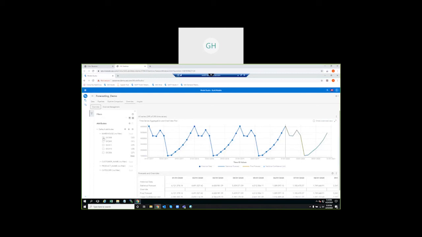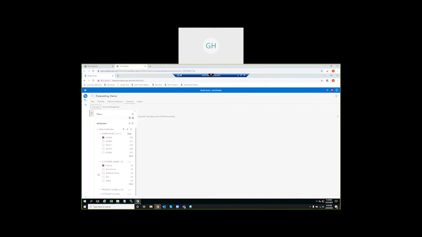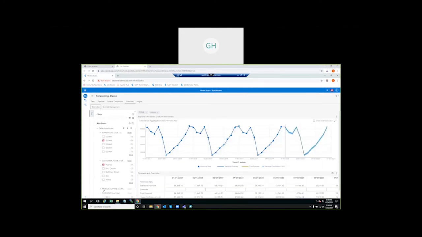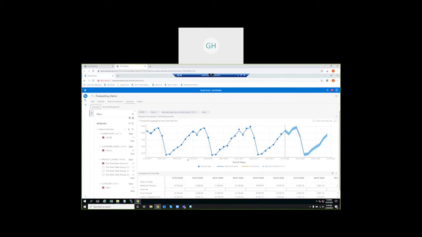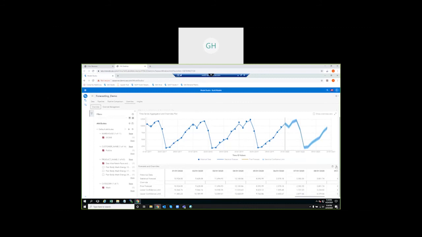Let's go use the same example. DC8, Publix was the customer. We were in the body wash line, and we chose the D-allo product. So when the planner looks at this, they might say, well, maybe for the first 5 months of the year, I want to bump up the forecast by 5% manually. Let's just say that, okay? So there's our data in a table here. I can now maybe open this calculator,